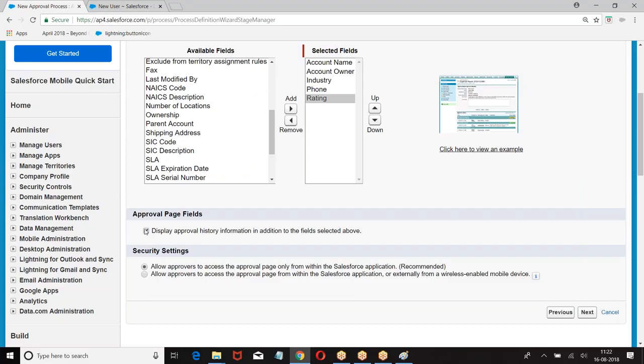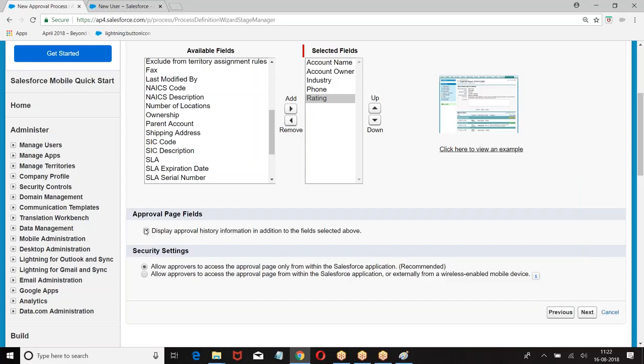Now what are the security settings? This will specify how the record needs to be approved or rejected. Now there are two choices we have.